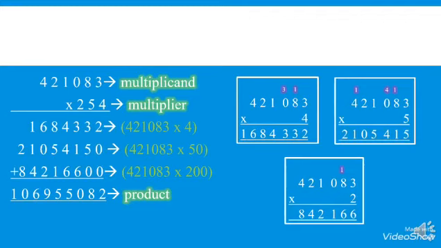6 plus 2, 8. 6 plus 0 plus 2 will be 8. You will add the carry value 1. You will write 9. 1 plus 1 plus 4 means 2 plus 4 will be 6. And 2 plus 8 will give you 10. So this value is the product of multiplication.